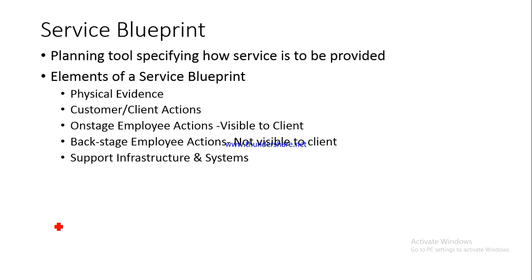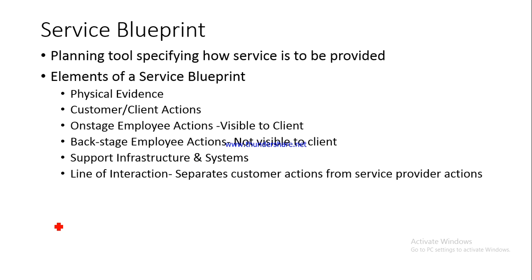Support infrastructure and systems. The people who are cleaning the kitchen, the people who are delivering the gas to the cook who is cooking the food, they can be said to be support systems. They can be said to be providing support services or support infrastructure, or maybe somebody who is taking care of the monthly maintenance of the stove. So that would be an example of a support system, right?